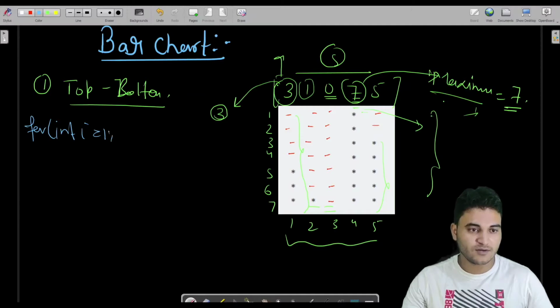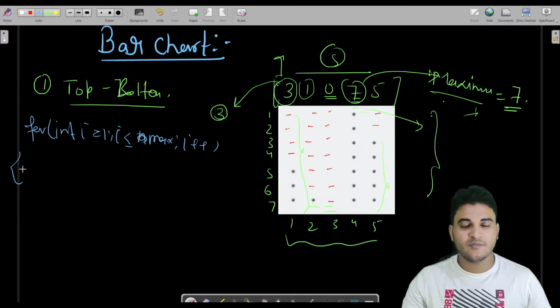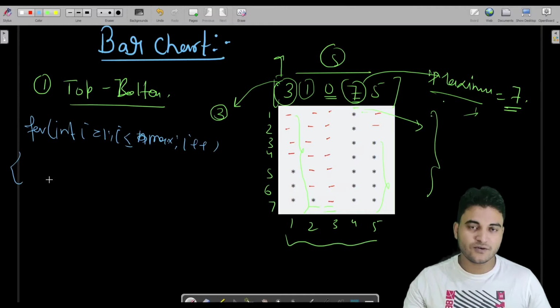I would write int i is equal to 1 and i less or equal to not n, but max, what we got from the maximum algorithm, which is a very simple algorithm. So I would have to print 7 rows, and this loop would print the 7 rows for us.